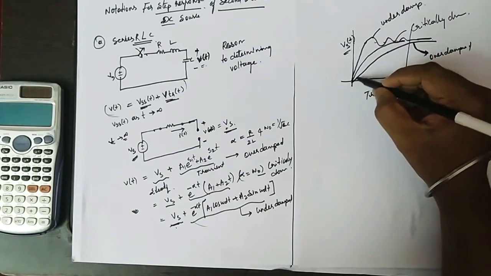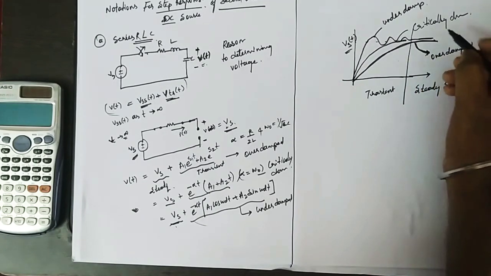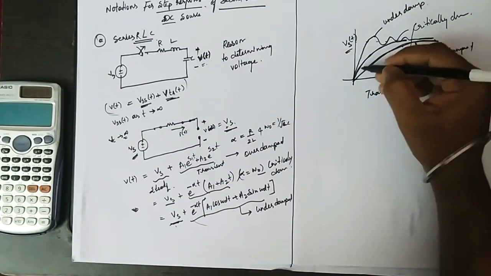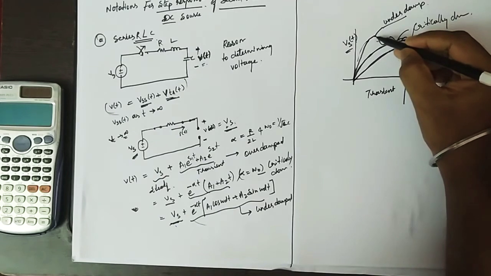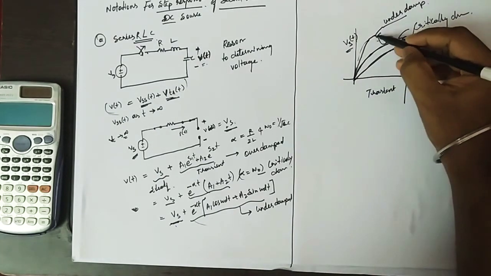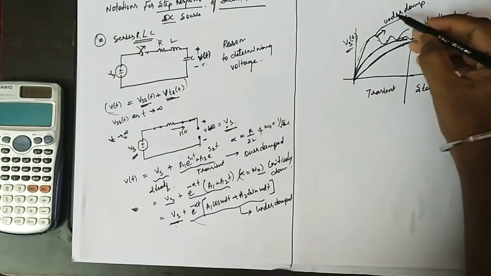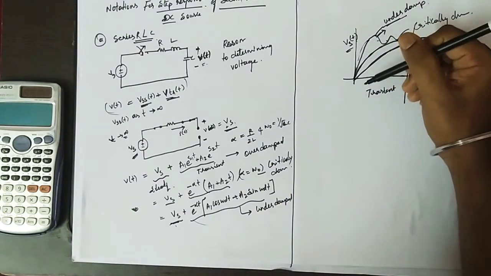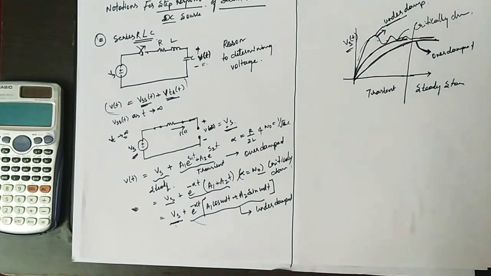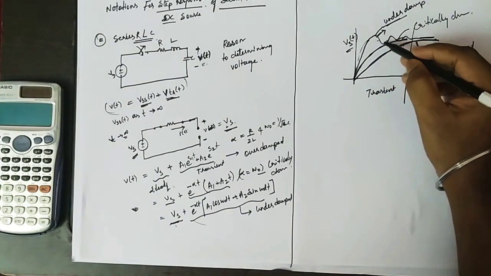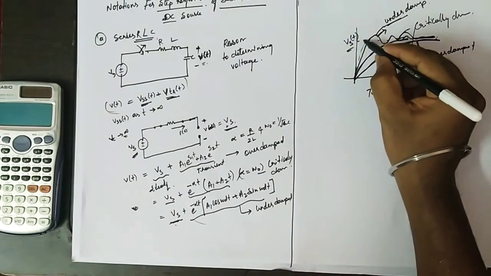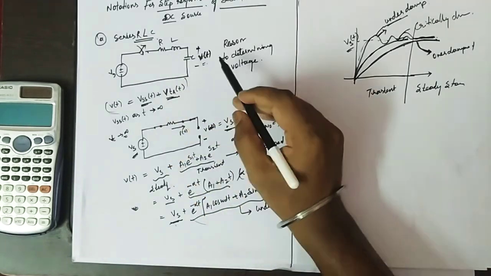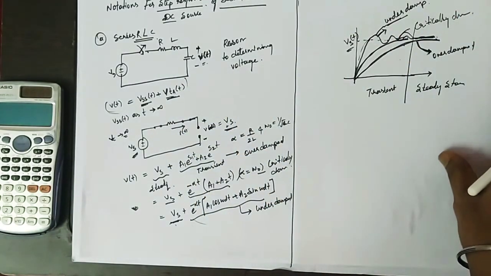If you observe, the overdamped takes more time to reach steady state, the critically damped takes less than that, and this is the underdamped system. In an underdamped system you will have oscillating elements. For underdamped, the rise time and settling time are not useful for you now. For namesake, just draw the characteristics of this curve. So this is overdamped. This is the response of a series RLC circuit having a source, where we are observing the voltage across the capacitor.